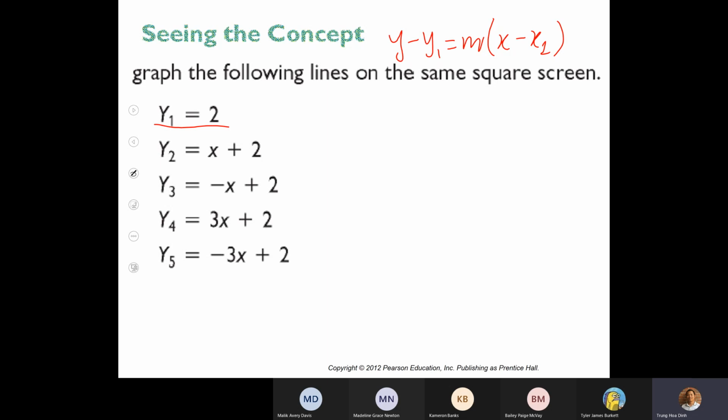By the way, what is that? y equal to 2. y equal to a constant. How does the straight line look like? Yeah, it is horizontal. y equal to a constant. So the y-intercept,